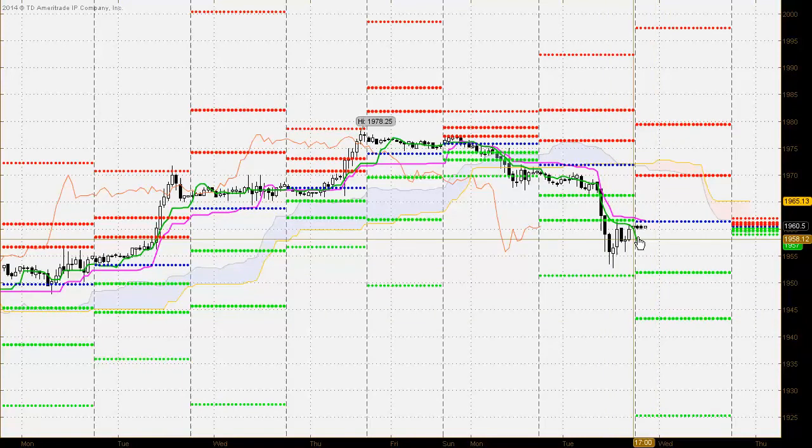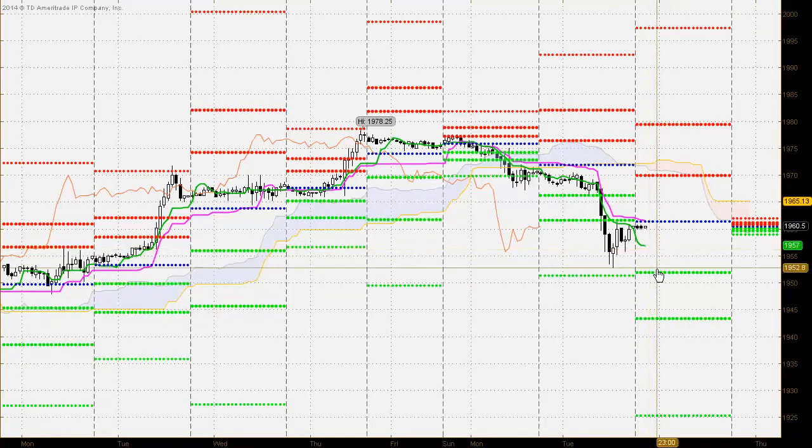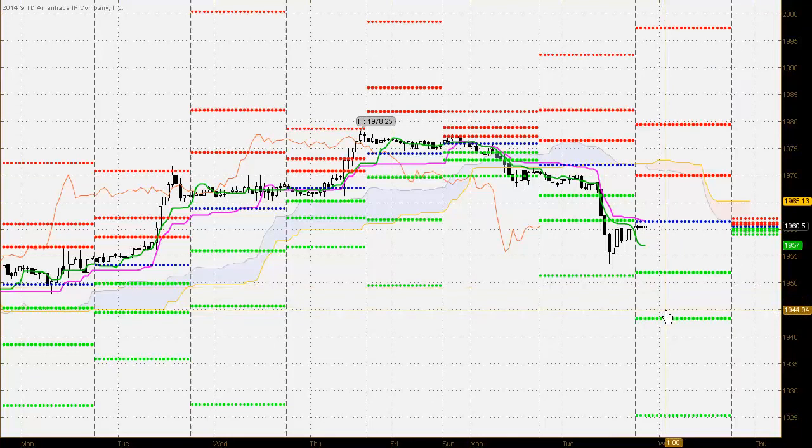level. Now, if we see the market tested there and the sellers come in strongly, watch the Tenkan-sen at 1957 for support. If we trade through there in a bearish manner, we should reach the target at 1951.87 for the first pivot point support level, and even perhaps